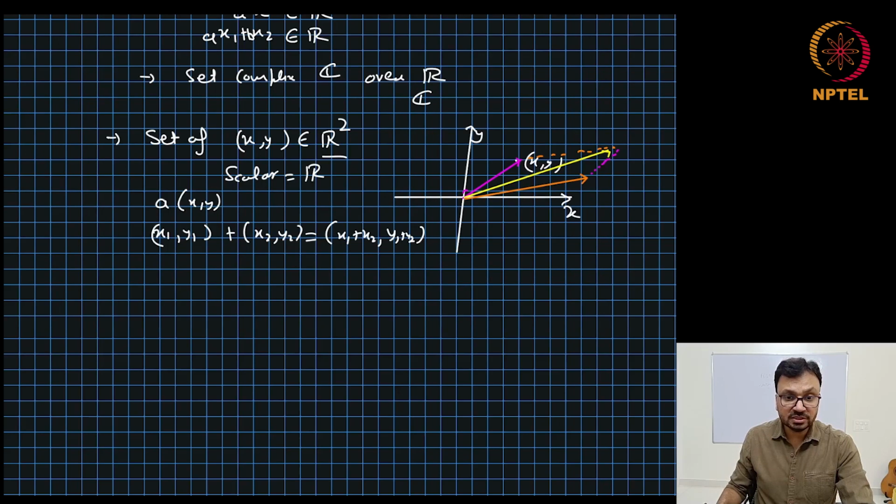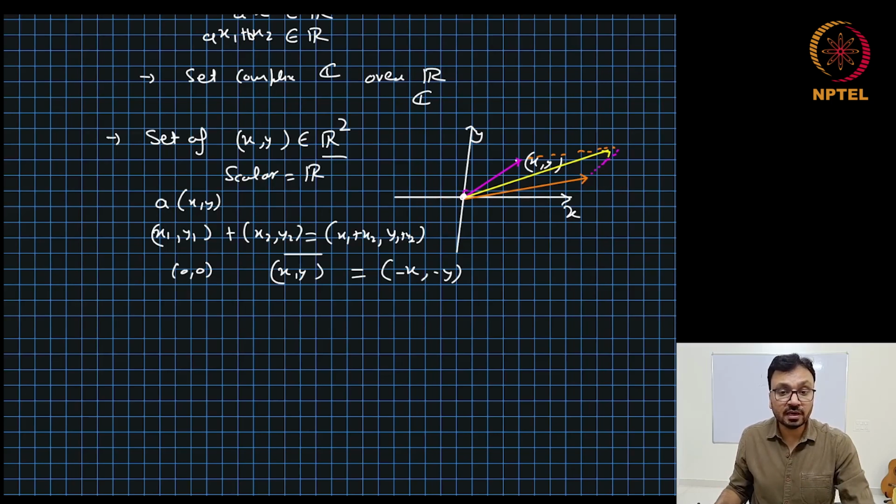Under this vector addition, we can see that it's closed over scalar multiplication and vector addition, because the addition of two such vectors will give us another vector in the same R2. Then there is associativity. The three vectors we add in any way, it does not matter, we will get the same answer. The null vector will be 0, 0, that is the origin of this two-dimensional plane, and the inverse of x, y will be minus x, minus y. So R2 satisfies all the properties required to be a